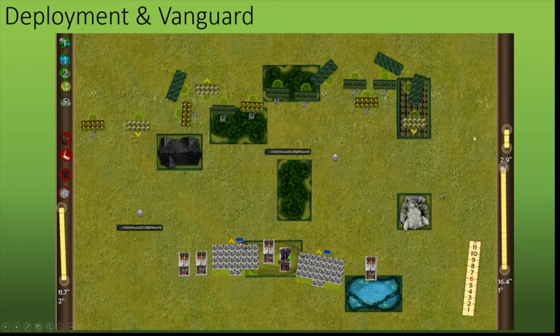I figured I'll cover up most of the other areas. I figured if he wants to come in here, he can come in here. And otherwise, he's going to get charged anywhere else he comes in. So that was the way I deployed. And then also, this is my Vanguard. I deployed my Prince here, and I Vanguarded him to here. I deployed him here and Vanguarded him. I figured I'll come around and then march move and put pressure on his flank right from the beginning of